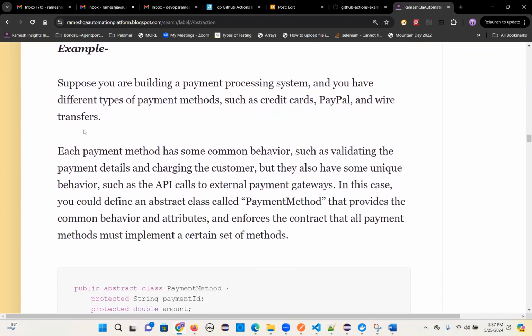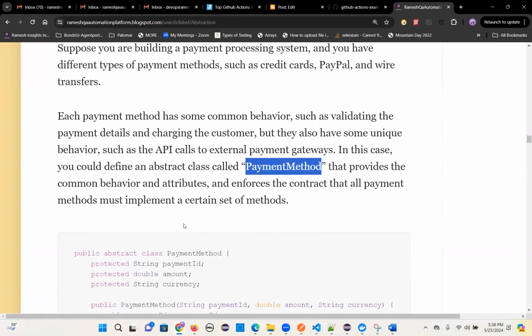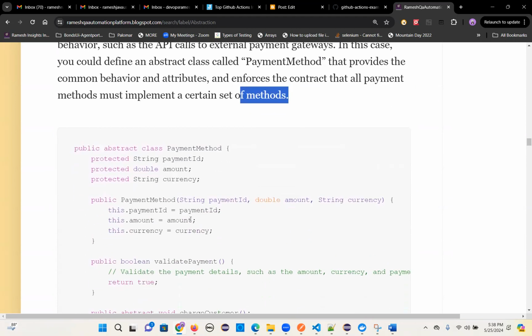Let's go to a second example. Suppose you are building a payment processing system and you have different types of payment methods: credit card, PayPal, and wire transfers. Each payment method has some common behavior, such as validating the payment details and charging the customer, but they also have unique behaviors such as API calls to external payment gateways. In this case, you could define an abstract class called PaymentMethod that provides the common behavior and attributes,